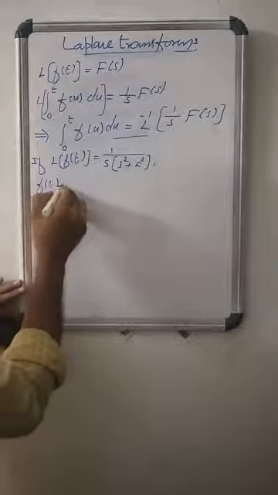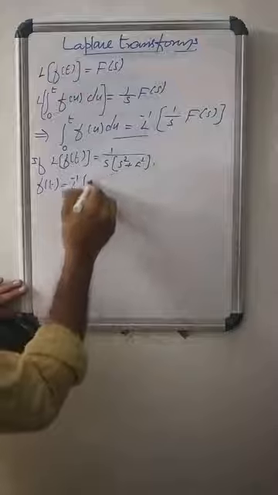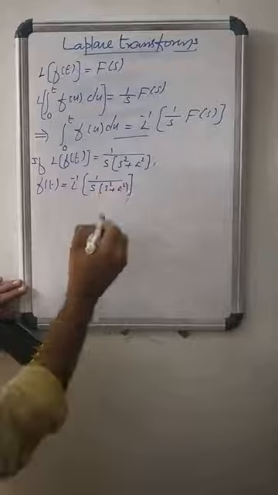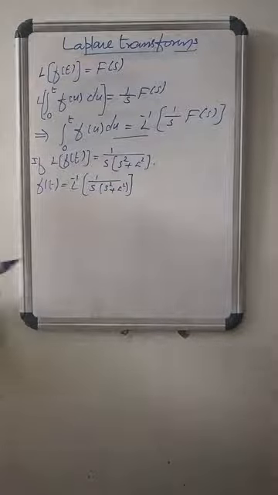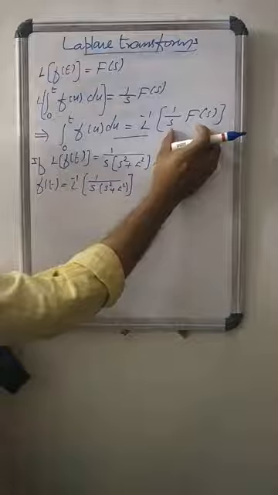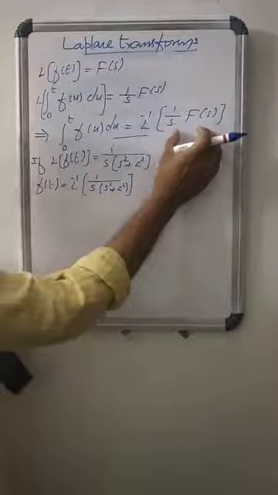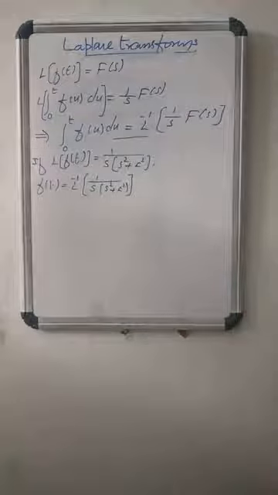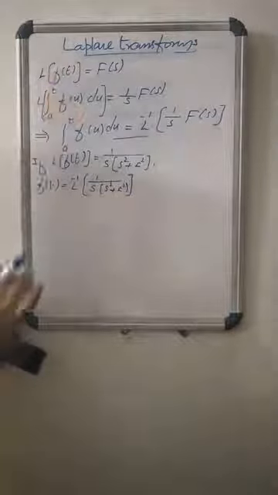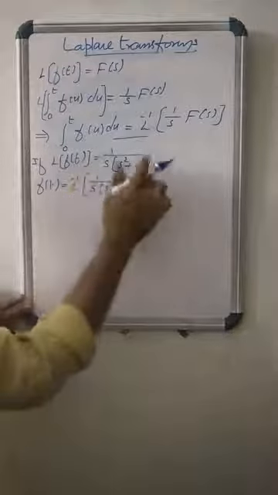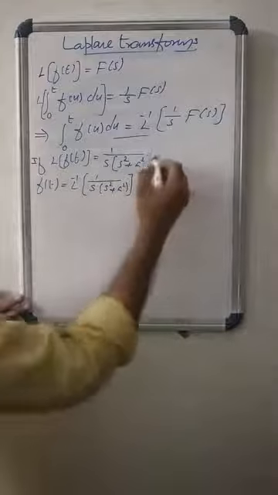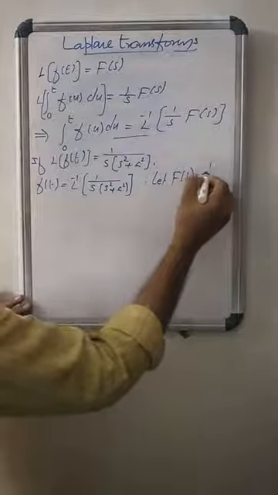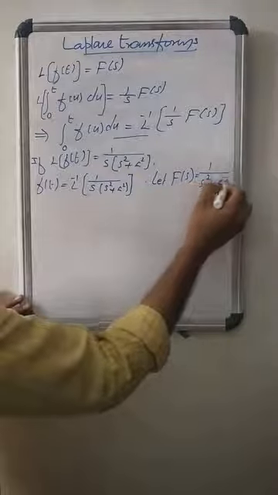Surely we know that f(t) equals L inverse of 1/(s(s² + a²)). This is of the form L inverse of 1/s times F(s). What is L inverse of 1/s times F(s)? It is nothing but the integral from 0 to t of f(u) du, where f(t) is L inverse of F(s). So first we choose F(s) here. What is F(s)? Let F(s) equal